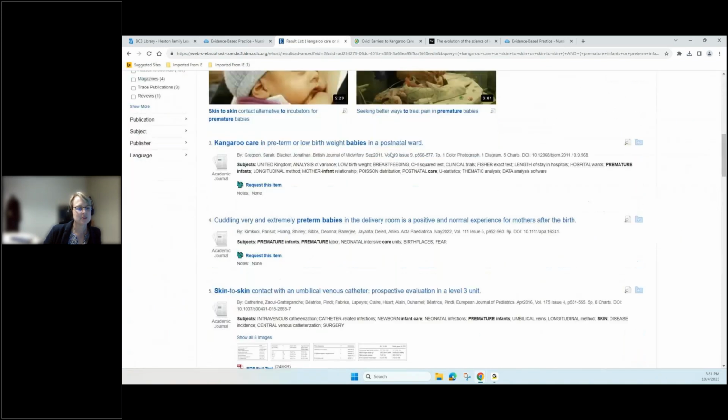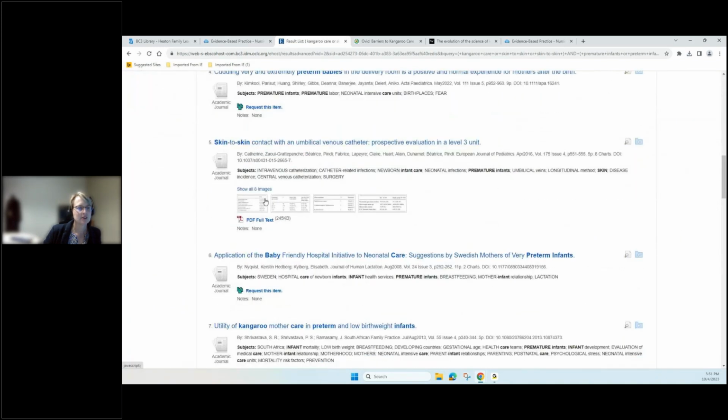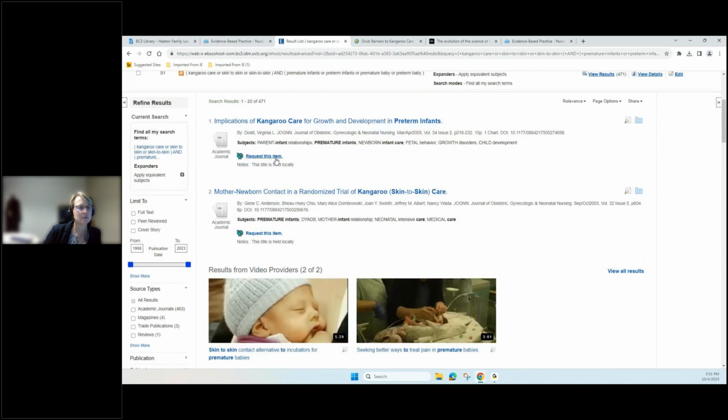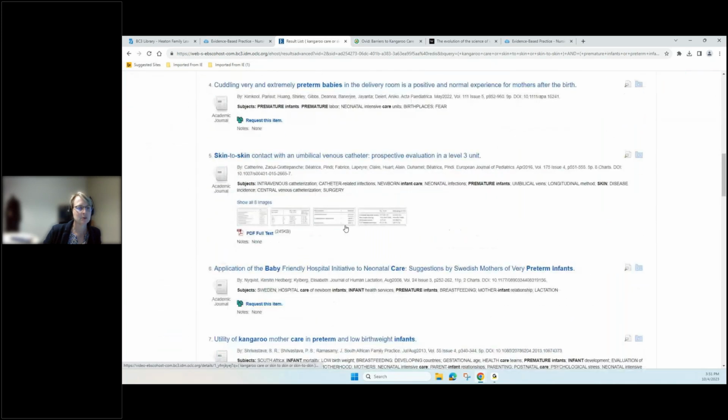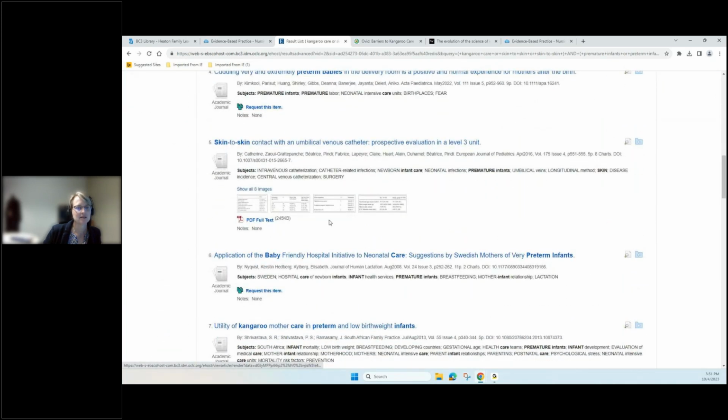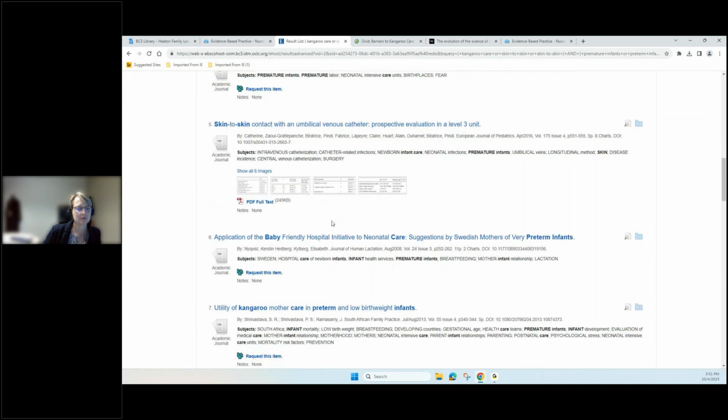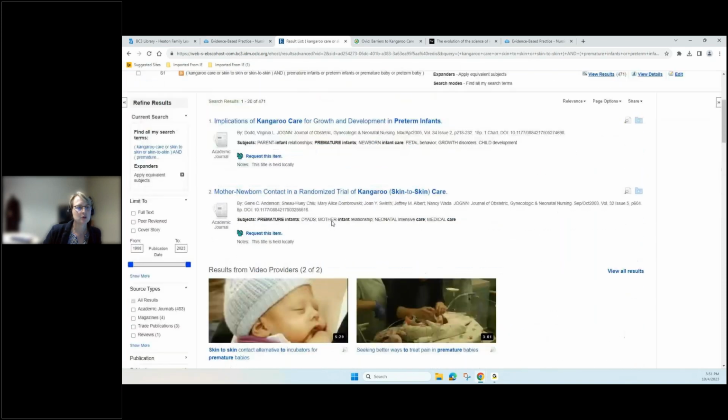Now, a lot of times these are not going to be full text. You can tell if they're full text or not by right here. If it says request this item, it's not available full text. If there is a PDF link, then it is available full text. So, but you can still look at them, pull it up,